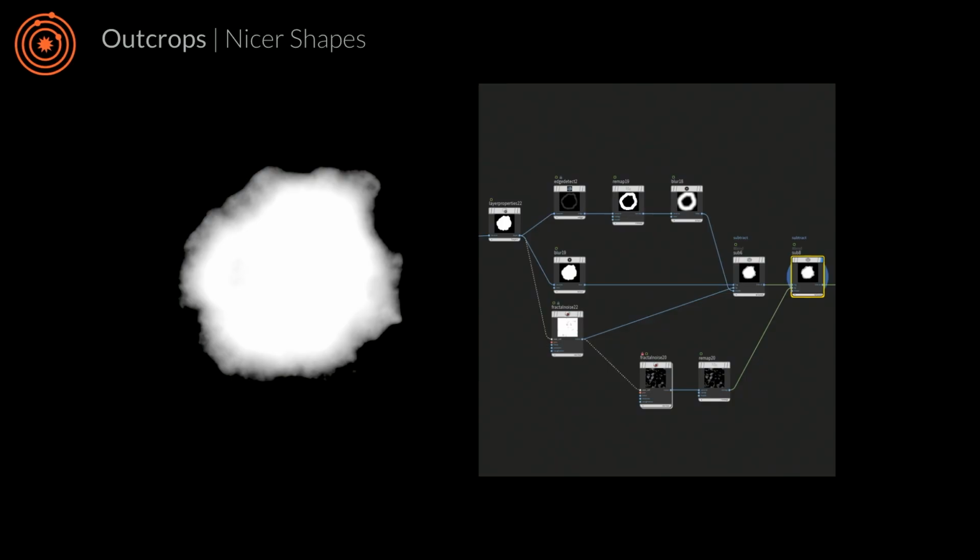Then I create this little edge detect here just to calculate the kind of ring mask around and subtract it back, so you can see here the edges of the shape are kind of darker. So when we project it as a height, you'll get kind of bulged edges, and some noise. I will be using a lot of fractal noise during this presentation, because fractal noise is your best friend